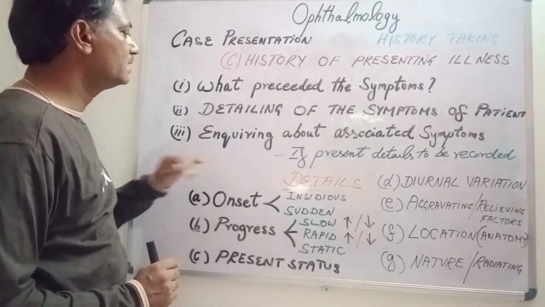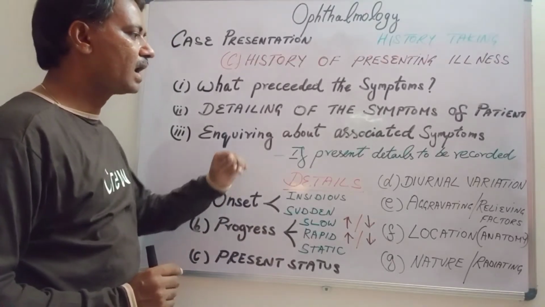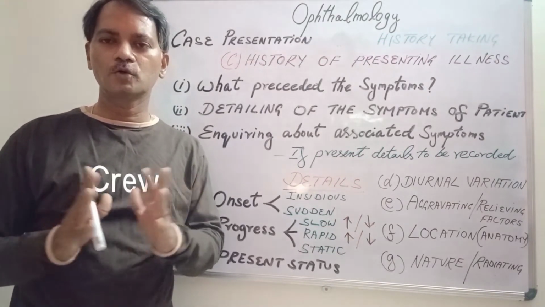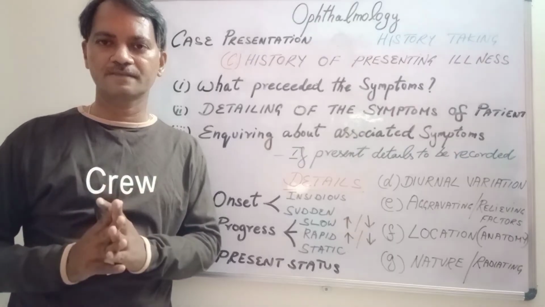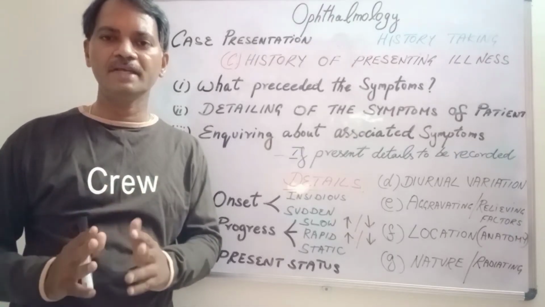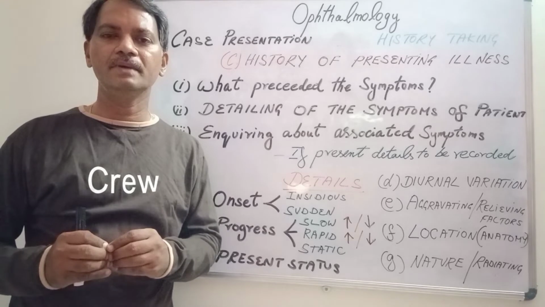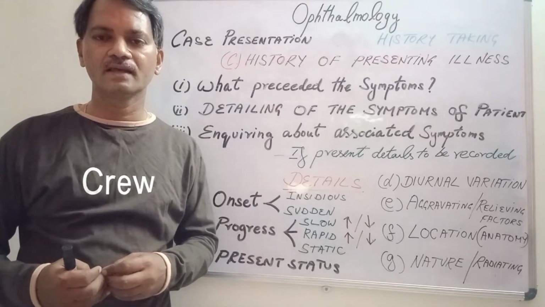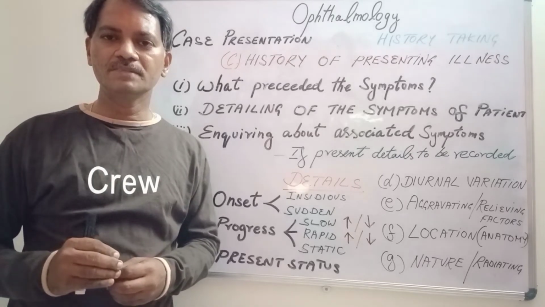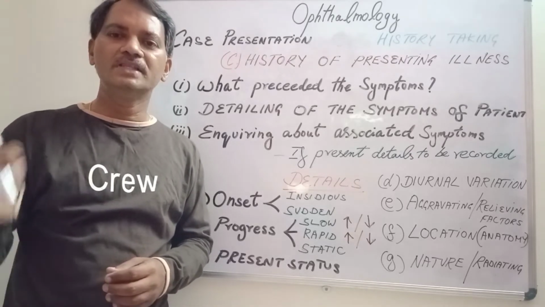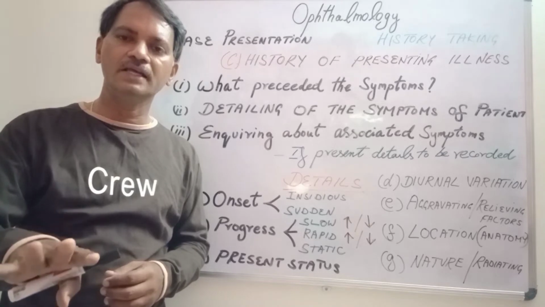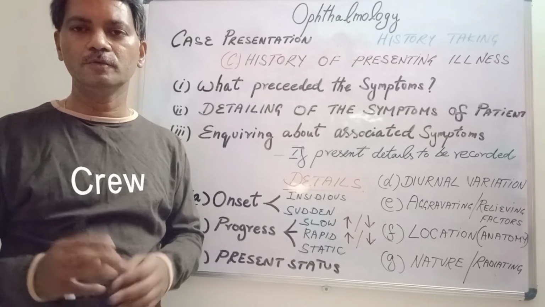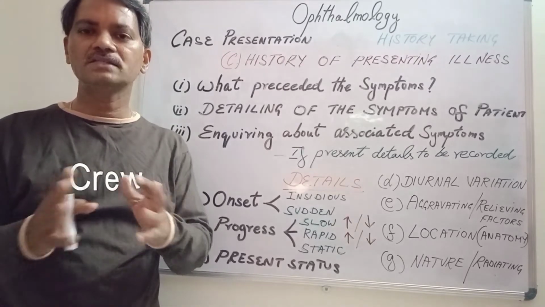The third important thing is inquiring about associated symptoms. The patient might have told you one or two symptoms in the complaints, but you know there may be so many symptoms that may be present in the body or that may arise in the eyes. There are certain symptoms that will be associated with the symptoms already told by the patient to you. Suppose the patient has told you pain in both the eyes, you should ask the patient,